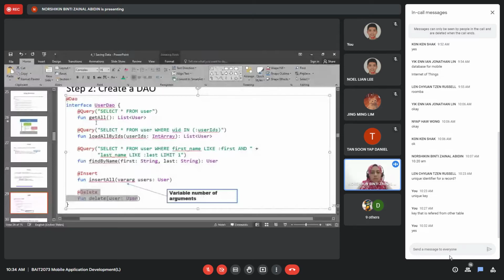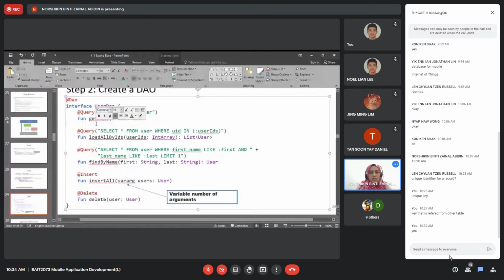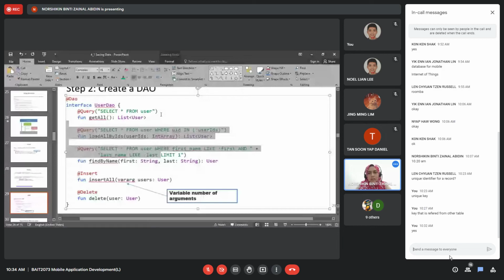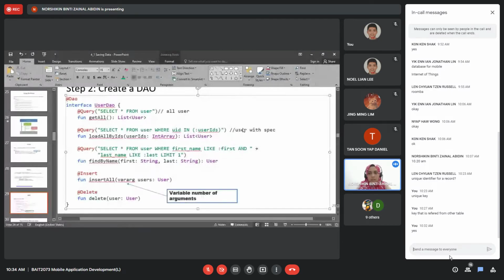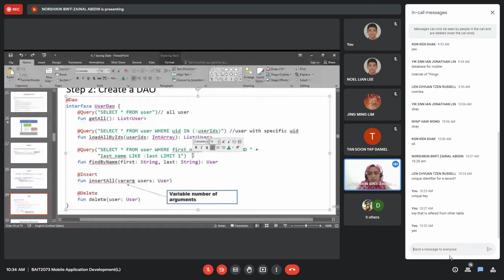Okay, the first one here is for all user, it's not record. Second, user with specific UID. Why do I know it's user with specific UID? Because they specify where user ID is what. And then with specific